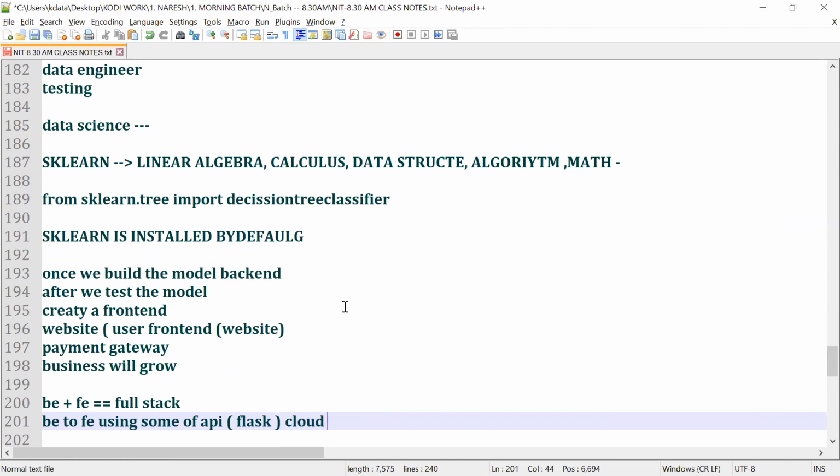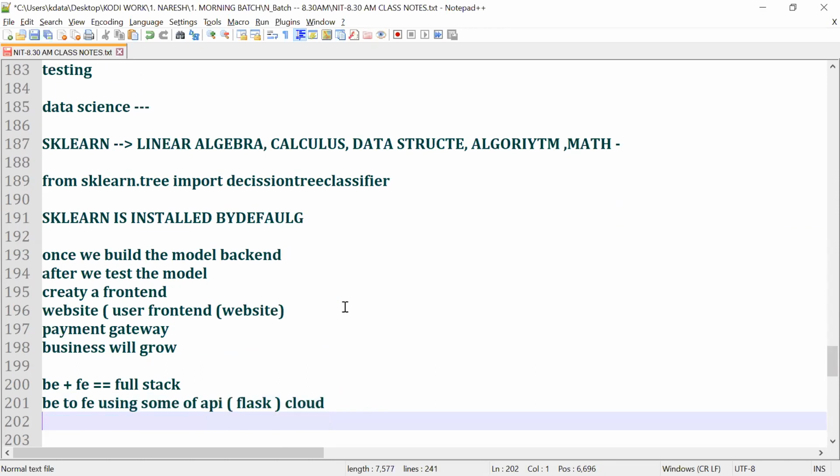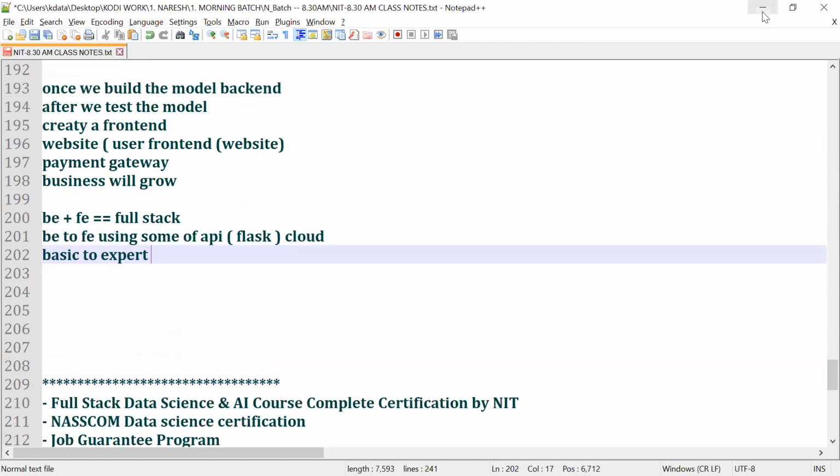No need to worry. As I said, guys, I'll teach you from basic to expert. And for every algorithm, I will give you examples. If you understand the examples, then the concept is clear and the algorithms are clear. Understand, team? All right. And let's talk about this one.